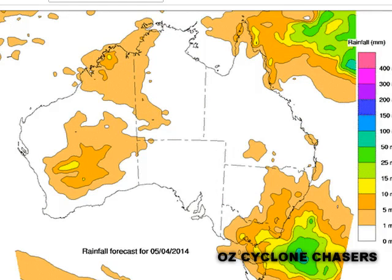As we head to the weekend, though, this is where things start to happen in the Coral Sea. This is where the tropical low starts to show some signs of intensification. Now, as we said, depending on how close it gets to PNG, will depend on whether it can make it into a TC, become quite strong as a low as it pushes westwards, or will completely die as it hits PNG itself. We also see an increase in shower and storm activity over the northern Kimberley region,